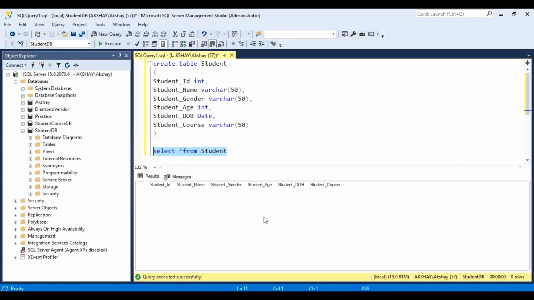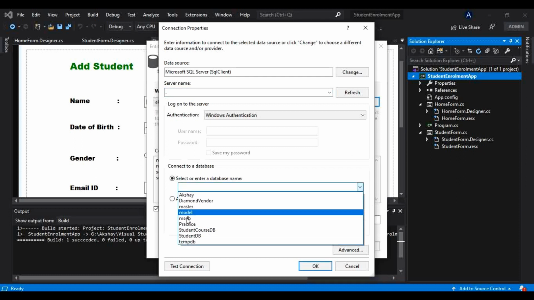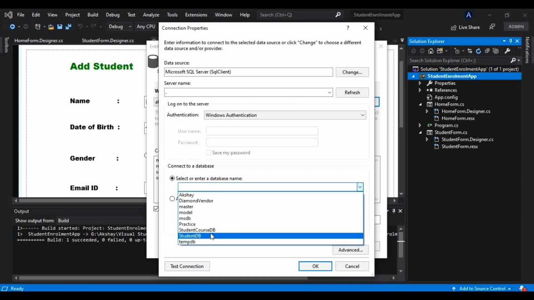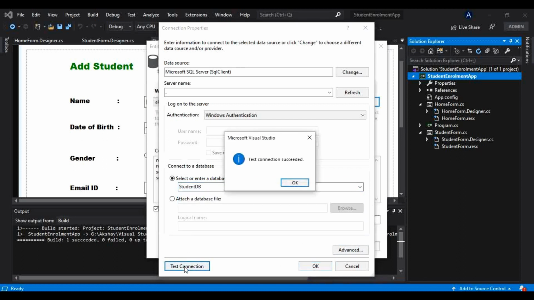Now our database is created, and here in Visual Studio we will use the entity framework to connect to that database. Okay, so how can we do that? I have already shown you. If I put a dot here, it will show all the databases available on the machine. So the database we have just created is this, we can see that in IntelliSense. Okay, so student DB, I will click. So I will test the connection here first. It is a good practice to test this connection. So the connection succeeded. Okay, and I will click OK here.